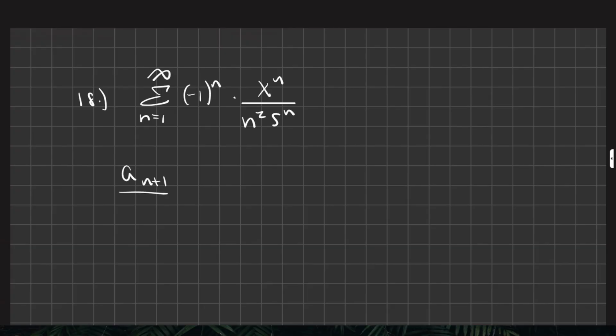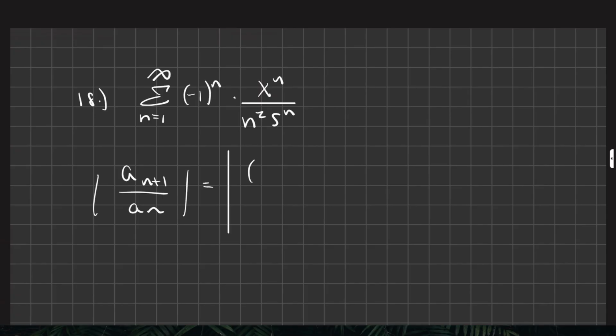So this is problem 18, and we're looking at the series from n equals 1 to infinity of negative 1 to the n times x to the n over n squared times 5 to the n. Okay, so we're going to use the ratio test. So a sub n plus 1 over a sub n. So we're going to have,